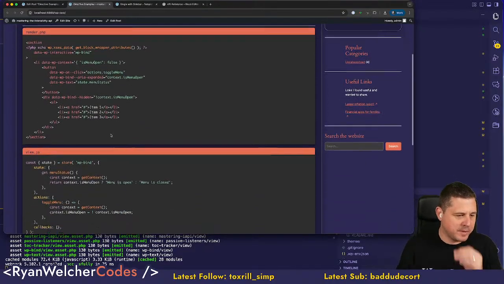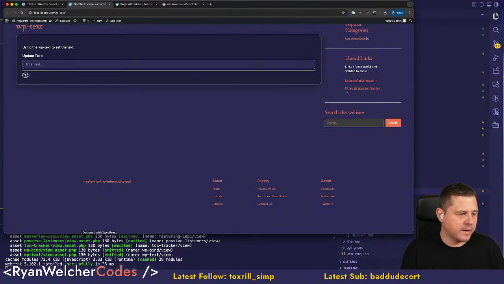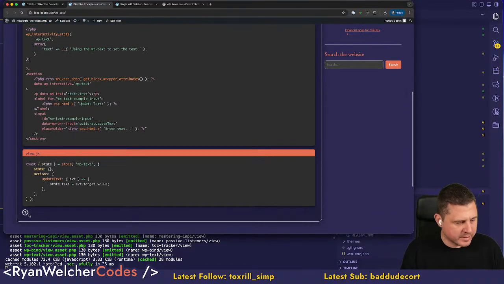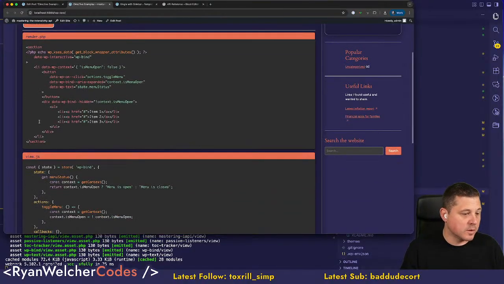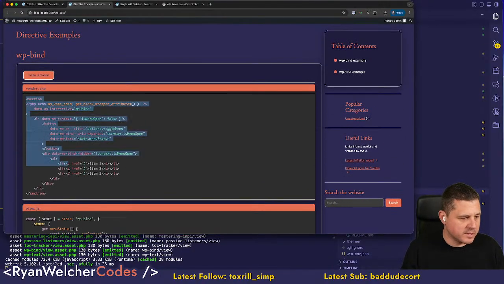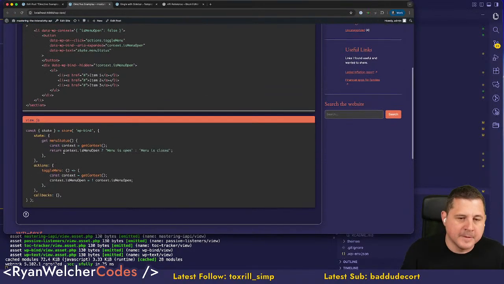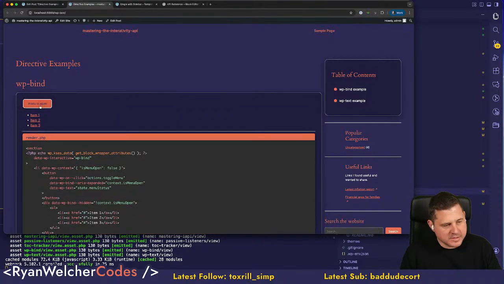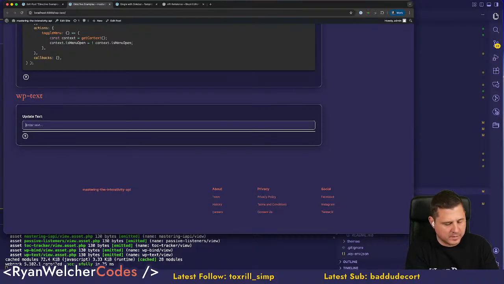All right. Anyways, what I want is to be able to show large code blocks like this. I think this needs to go above instead of below. I think that's a bad UI. Anyways, the idea here is that you'd be able to take this code and plunk it into your own store for each one of these examples. This is the example content, and this is just binding the text, and then I've got this updated. This is a bound